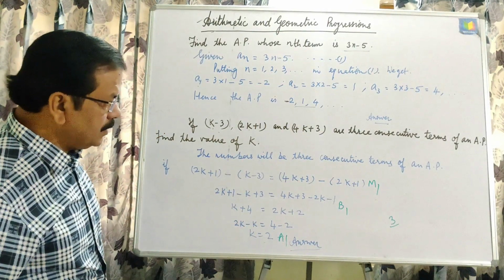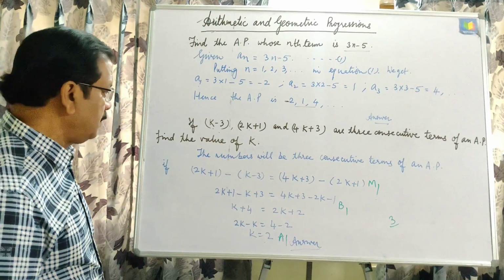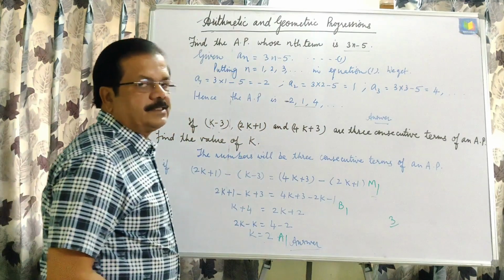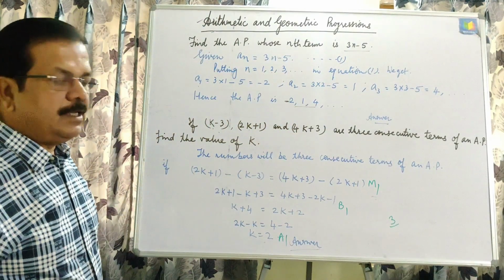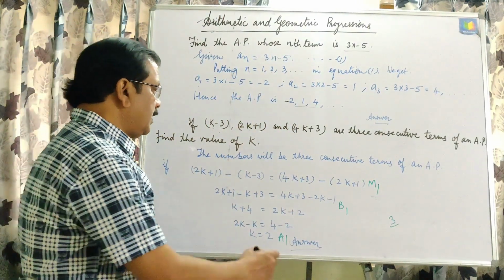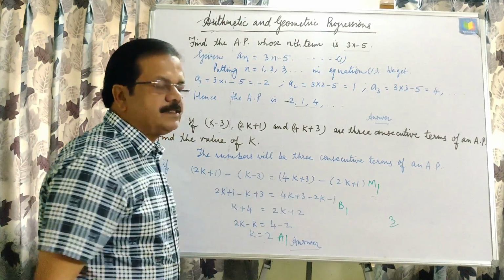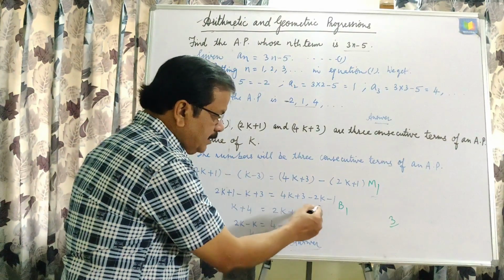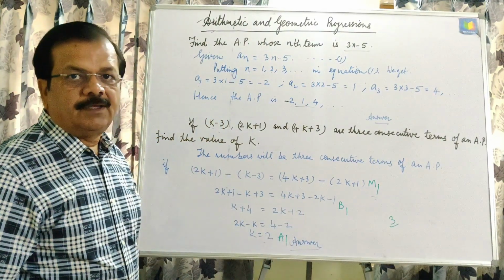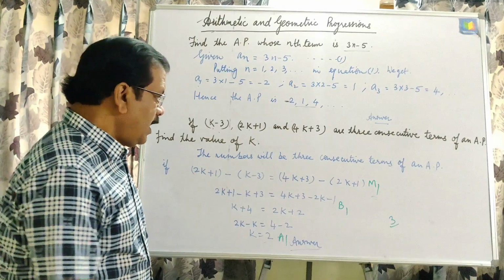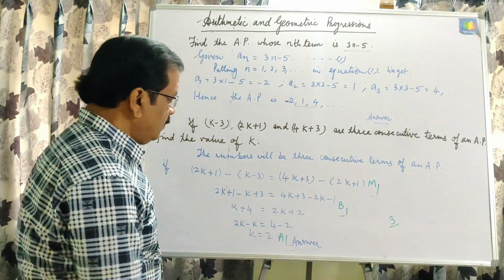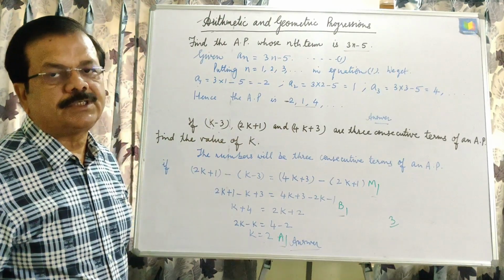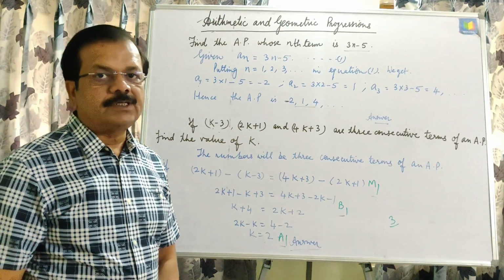And this question was also asked in the board examination for 3 marks. In this, the first step carries a method mark, because if you know the method, that is, the common difference is the same, then the method mark will be given. For intermediate calculation we have the B1 mark, then the second mark and the final mark on the answer. And this way the question carried 3 marks. Now next question.